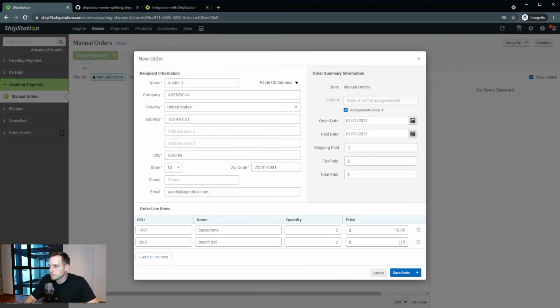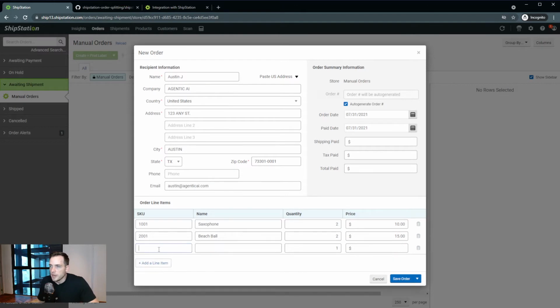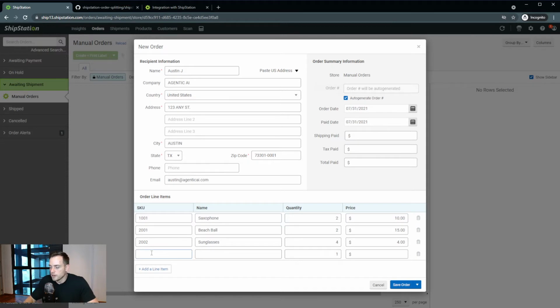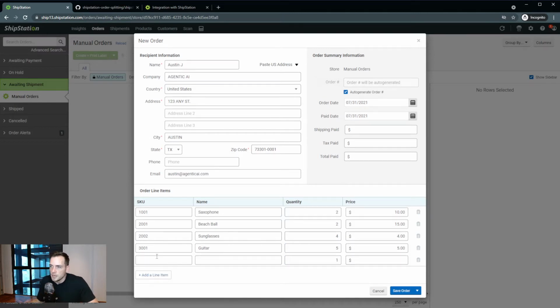Maybe you're drop shipping products. Maybe you have some products that you fulfill in-house, some that you drop ship, some that you use fulfillment by Amazon with. There are many different cases, especially in today's day and age, where you want a customer to get everything in one shopping cart and not have to worry about placing multiple orders. But then you need to perform multiple fulfillments on that order, which can be challenging,